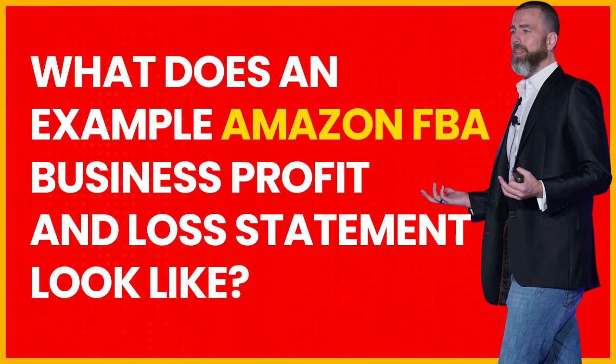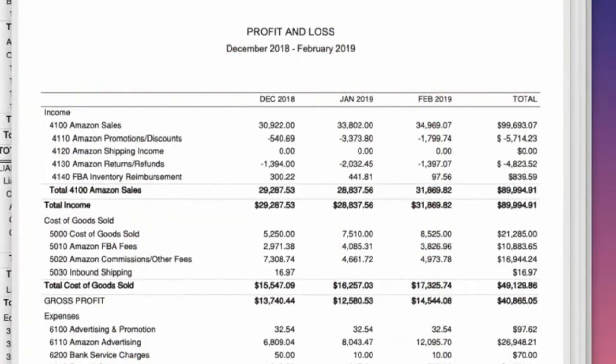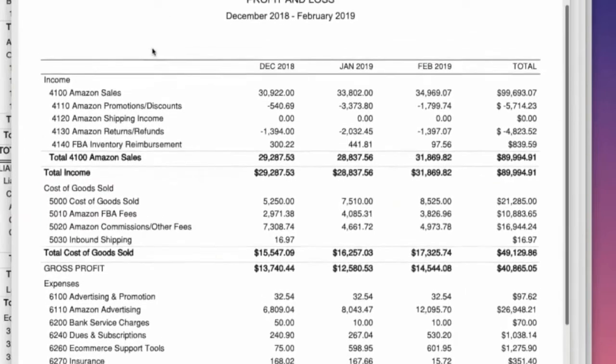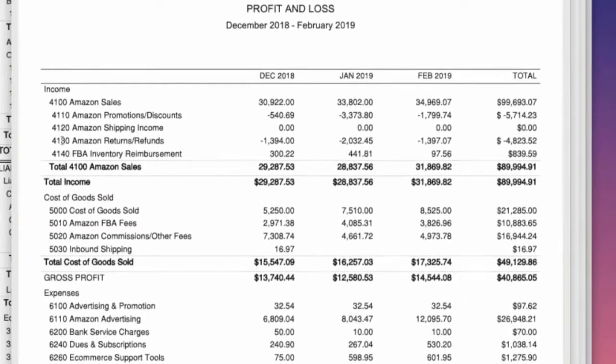Let's do it. So I would call this a baseline, simple profit and loss statement for a single channel seller. This particular seller only sells on Amazon. A couple of things I want to bring to your attention, and then I'll show you a more complex example,